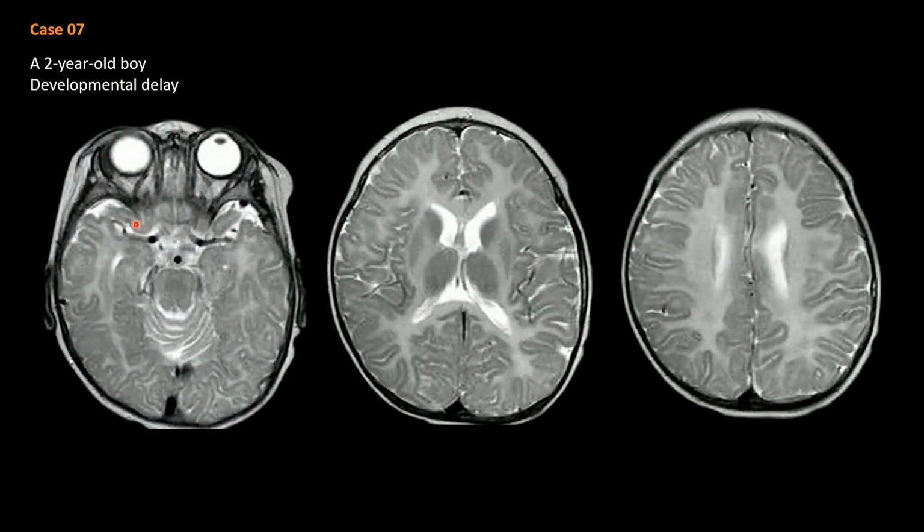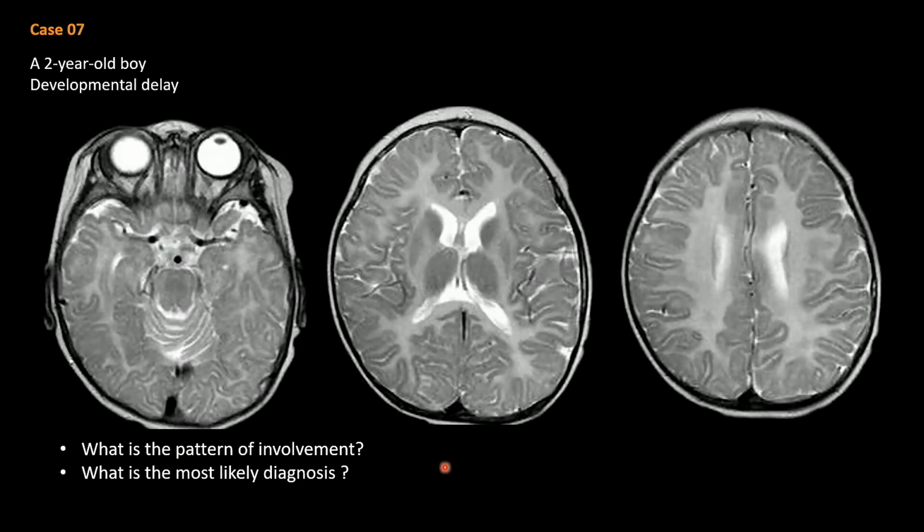Last is the category of hypomyelination. This is a 2-year-old boy with developmental delay. Usually a 2-year-old shows normal adult-type myelination, but in this case, we can see very bright high signal intensity in the entire white matter, suggesting an arrested pattern of myelination. So this pattern is a hypomyelination pattern, and the most likely diagnosis could be